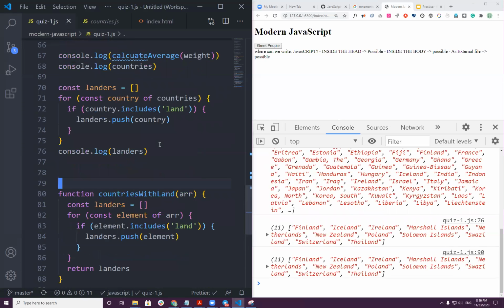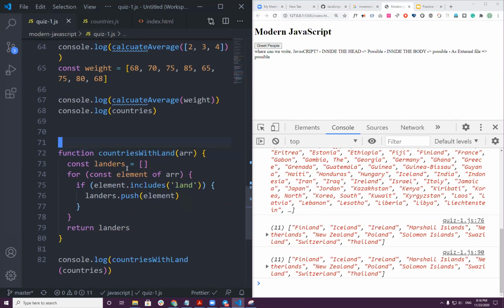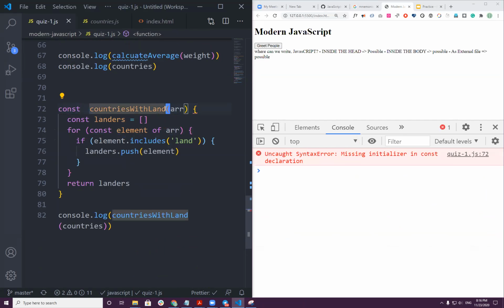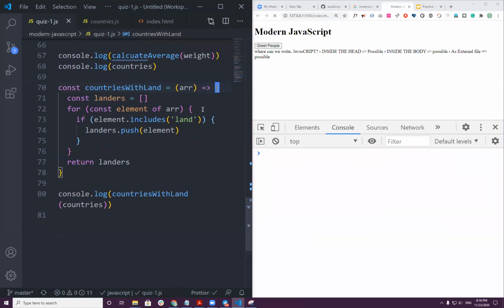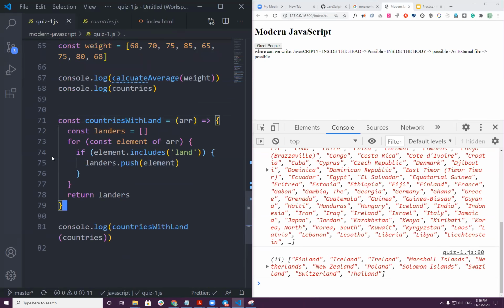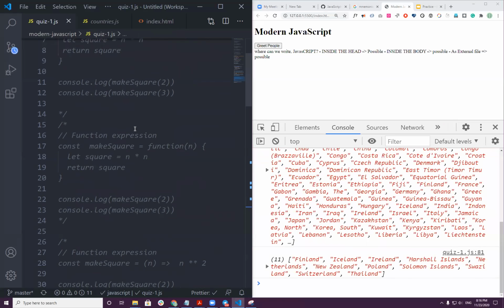So we don't need this part of the code now. This one is also short, but maybe we can also change this to an arrow function if we want, something like this. Do you think I can change this to something like this?